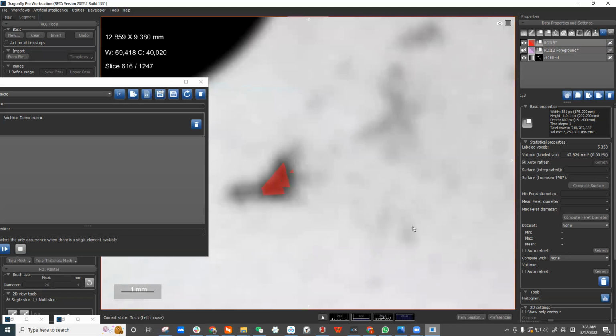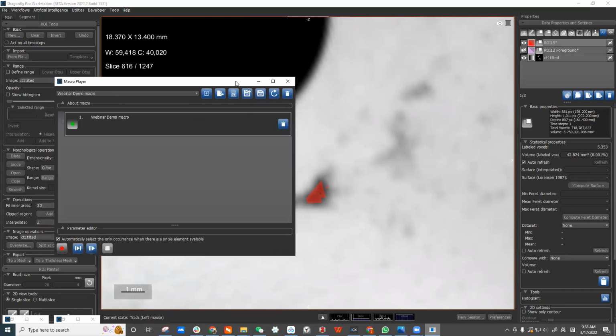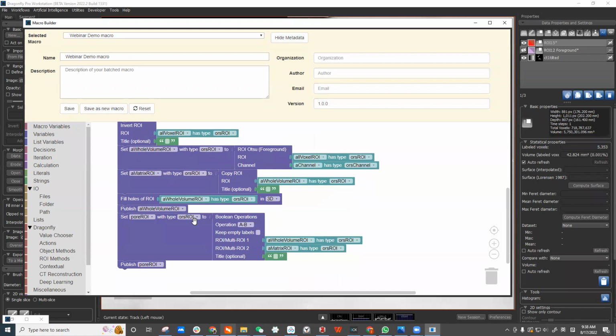To detect the small ones, we probably have to use deep learning or other image filtering before the segmentation. But this is a very simple demo for using a macro builder. So you can build your own macro to do a certain workflow, and then you have the control for every object. If you want to change the